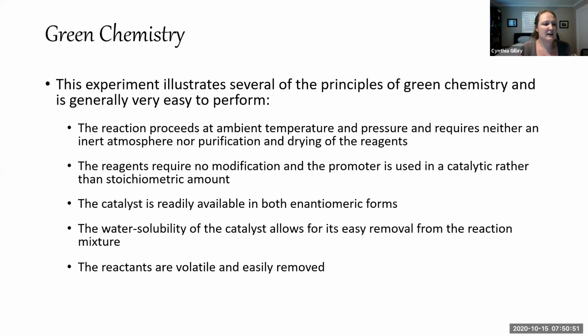The reaction this week highlights several principles of green chemistry, and that's why they call it a green enantioselective aldol reaction. The principles of green chemistry that the experiment illustrates are that the reaction proceeds at ambient temperature, which basically means room temperature, so you don't have to heat or cool the reaction, which is an energy input into the reaction. And it also occurs at ambient pressure, so there's no need to pressurize the reaction to get